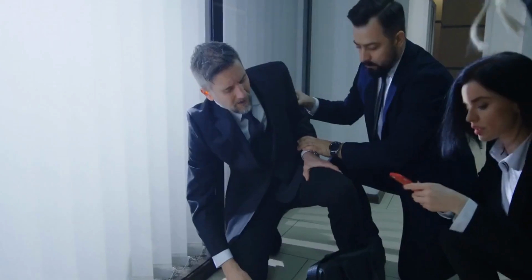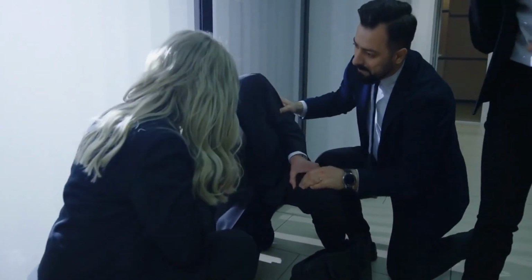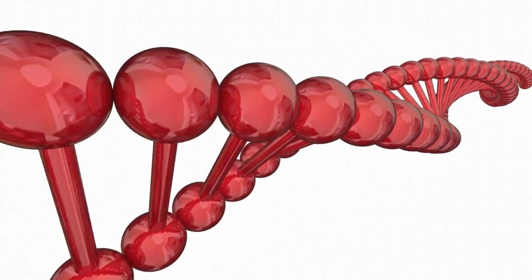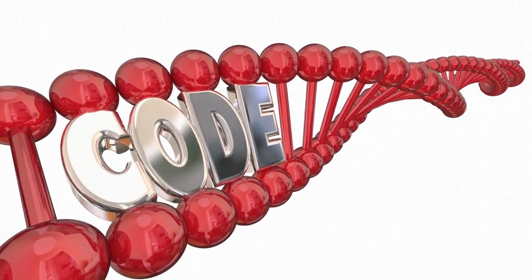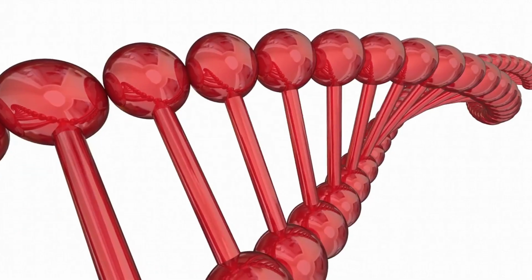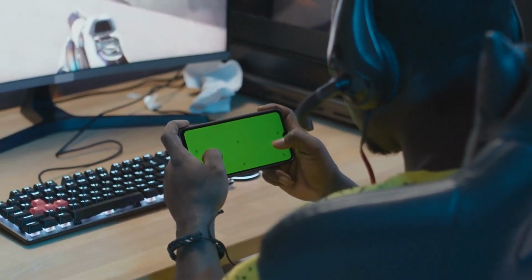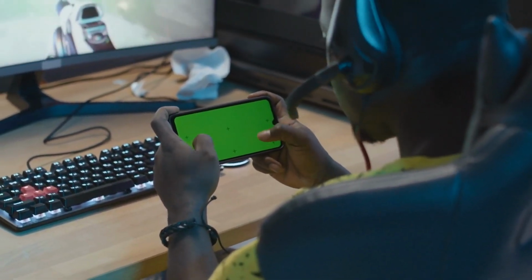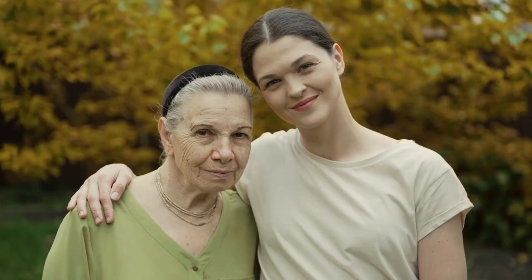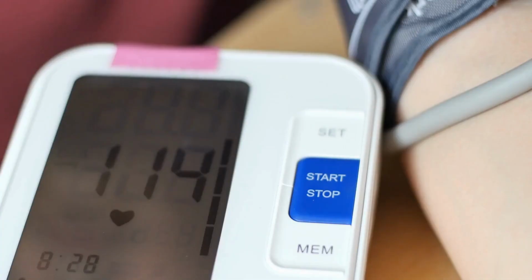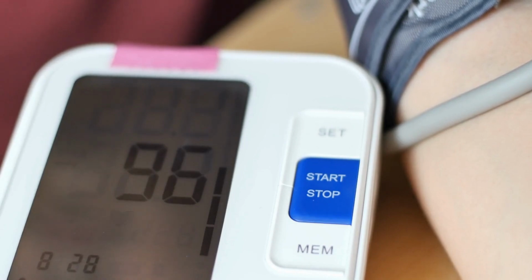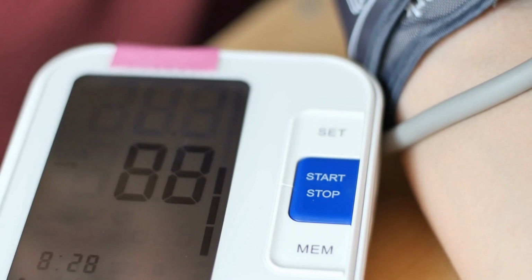of the condition. What are the risk factors for developing ischemic heart disease? As previously mentioned, the risk factors include high blood pressure, high cholesterol, smoking, obesity, diabetes, and a family history of the condition. Other risk factors include a sedentary lifestyle, a diet high in saturated and trans fats, and stress. It is important to note that some risk factors, such as family history and age, cannot be controlled. However, there are steps you can take to lower your risk of developing the condition, such as eating a healthy diet, exercising regularly, not smoking, and managing chronic conditions like high blood pressure and diabetes.